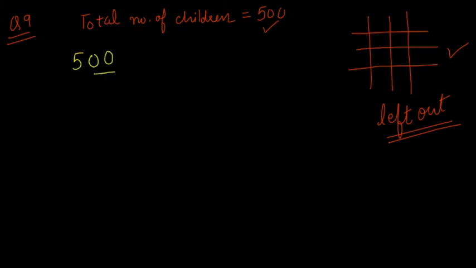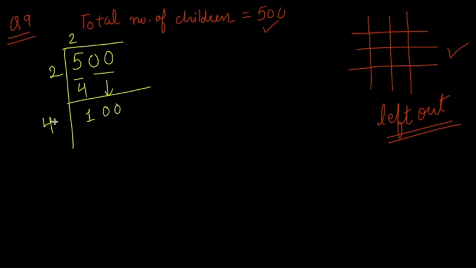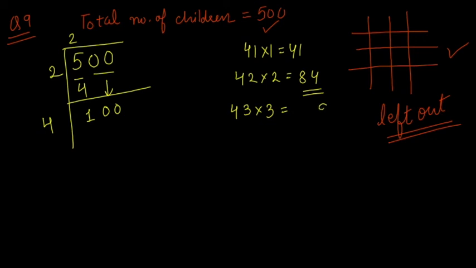500. This is your first group. This is your second group. Go ahead. 2 2s are 4. 1. Right? Copy the next pair. This is 2 plus 2 is 4. If I go 41 into 1, 41 less than 100. 42 into 2, 2 2s are 4. Again you are getting a number which is less than 84. If I go 43 into 3, of course it is going to be bigger. 3 3s are 9, 3 4s are 12, greater than 100. So I will take 42 into 2.